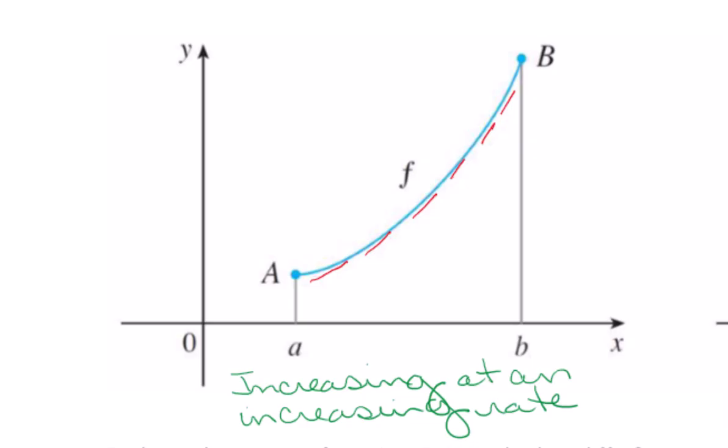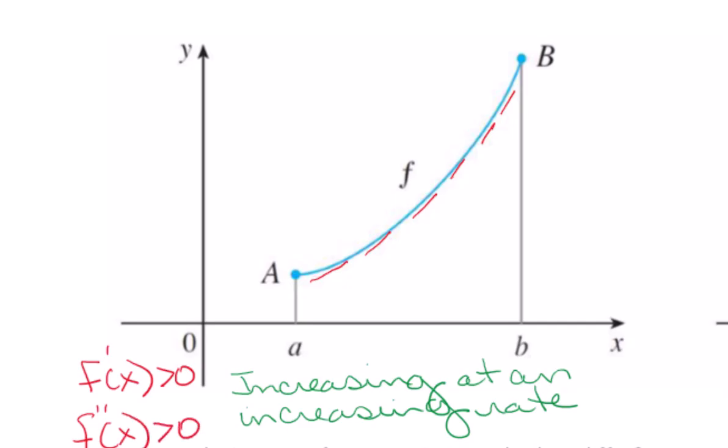And if you recall from section 2.3, it is increasing, which means our first derivative is positive, or greater than 0. But because it is doing so at an increasing rate, we know that the second derivative will have the